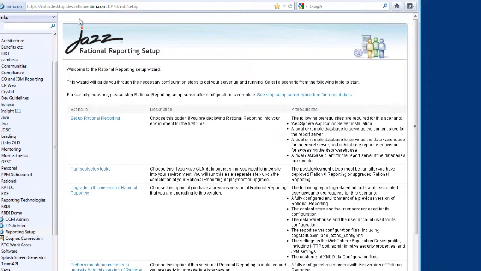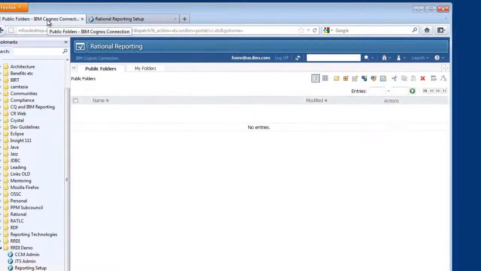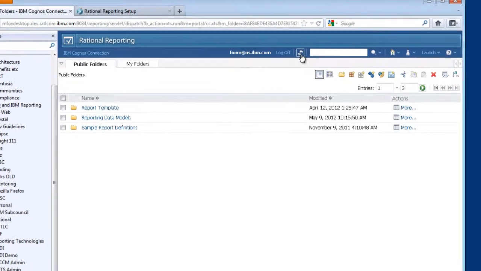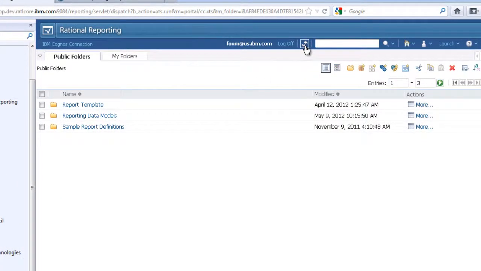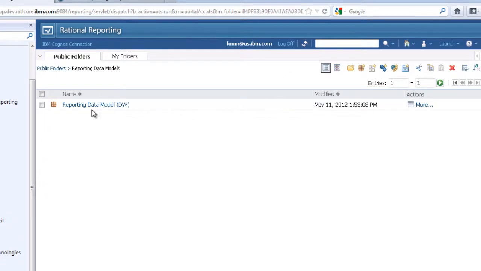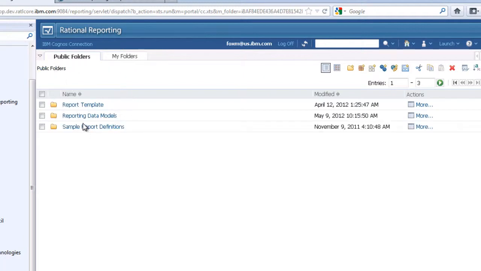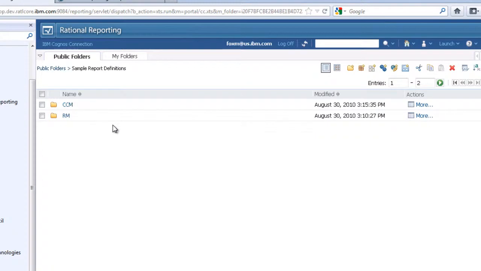And nothing much else to do with that. So now if I go back to this public folders page and refresh it, here is the content that we just loaded. On the data models folder, you see the data model for the warehouse, and this is what your report authoring would be based off of. Under sample report definitions, which is where your reports live, and go in there and